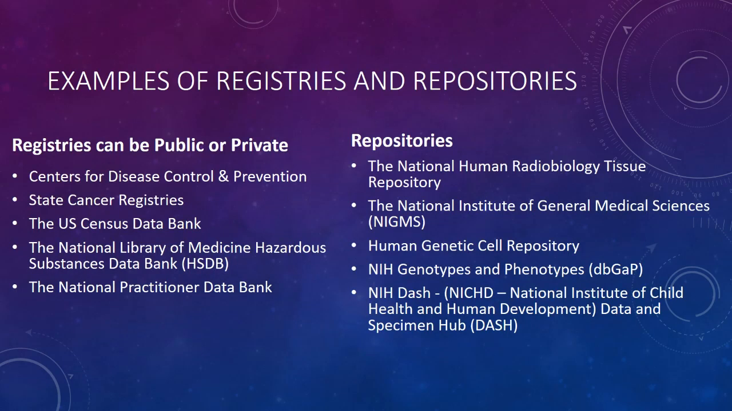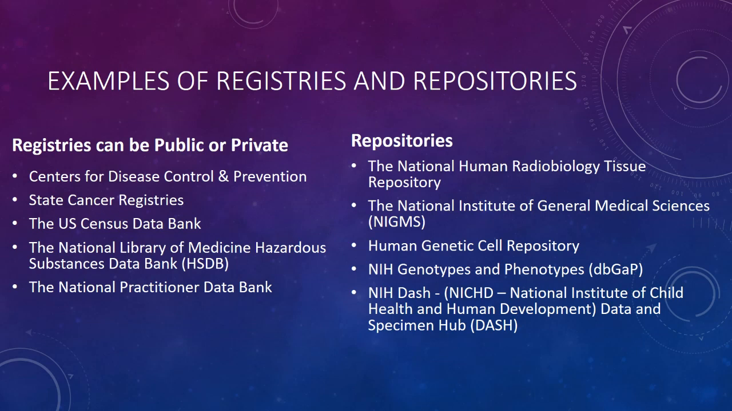The examples of a registry and repository. Registries can be public or private, and those fall under things like the Centers for Disease Control and Prevention, state cancer registries, the U.S. Census Data Bank, the National Library of Medicine Hazardous Substance Data Bank, that's a long one, the National Practitioner Data Bank, and repositories are things such as the National Human